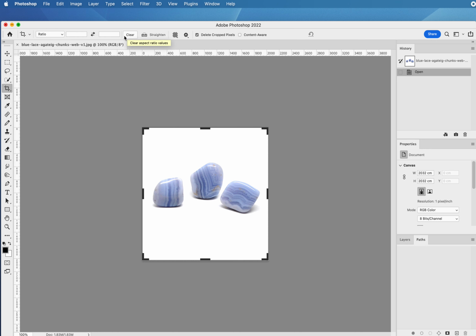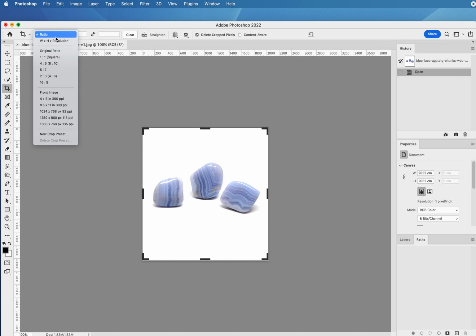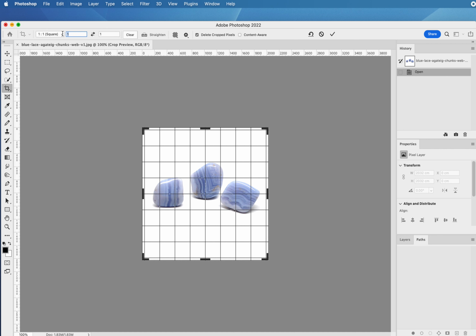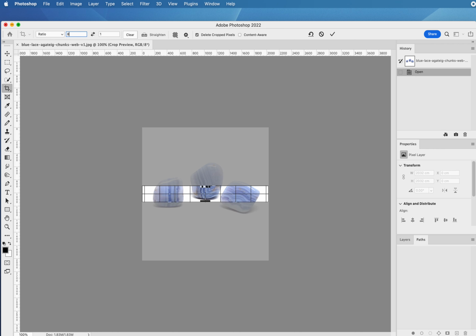But say for example if this was cleared and there was no ratio here, I would be plugging in my values so that it cropped. So you have to be on the cropping tool to do this. I'm already on it, and you could just go 1:1, which will give you an absolute square, but you need to add the pixels. If I'm using a square for my image, then I'm going to be adding them in as 800 by 800